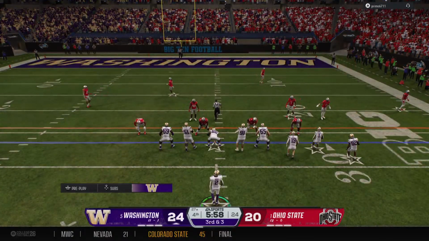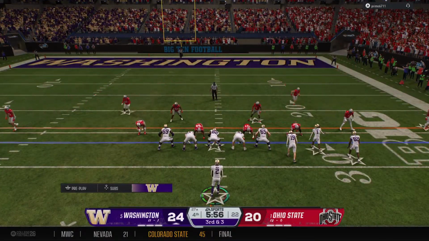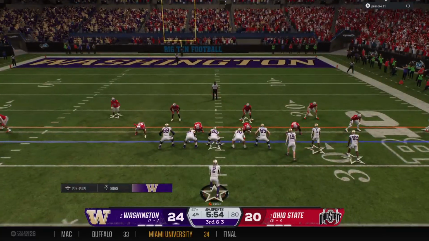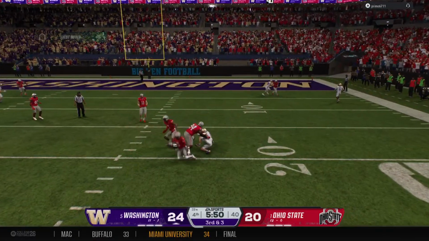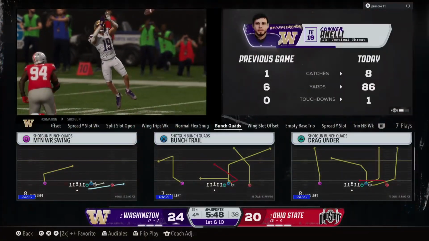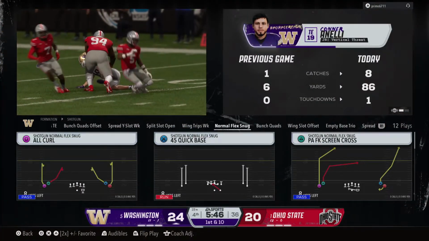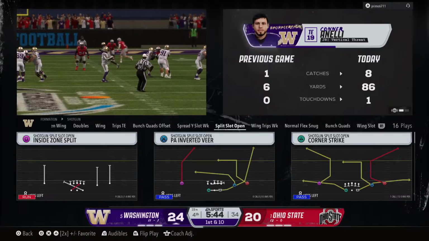Critical moment of this conference championship. 3rd and short on the 7th play of the drive. Looking to pick up the first down through the air. And the quarterback finds the tight end for the completion. He goes down right there, but it's enough for a fresh set of downs for this offense.